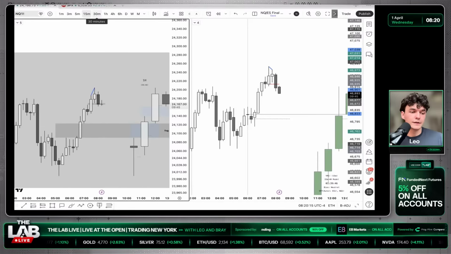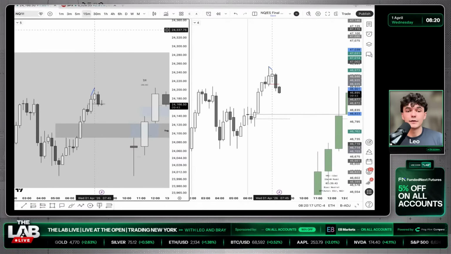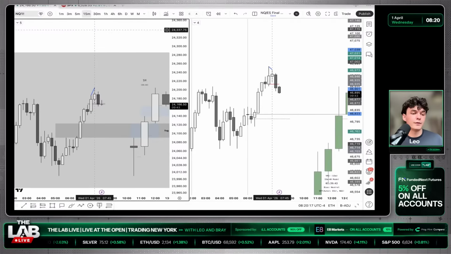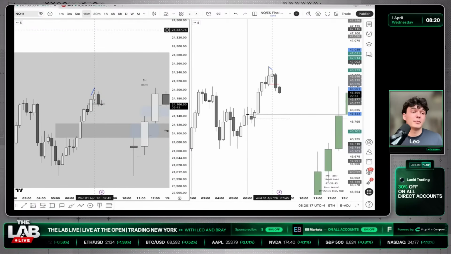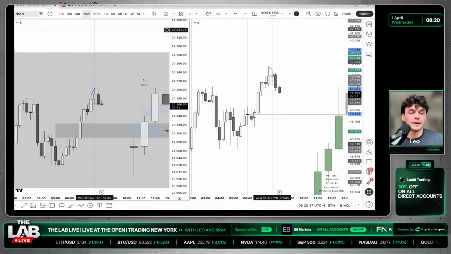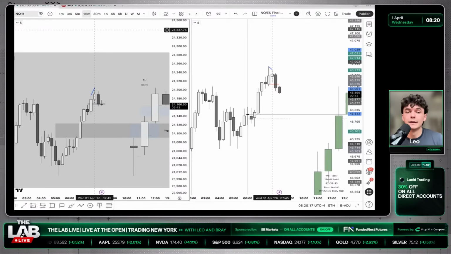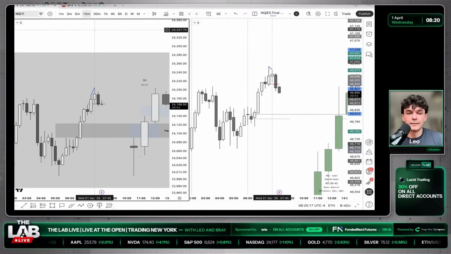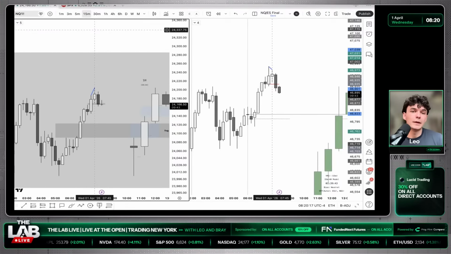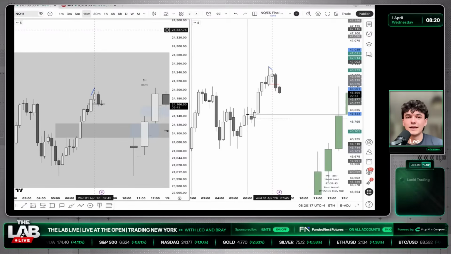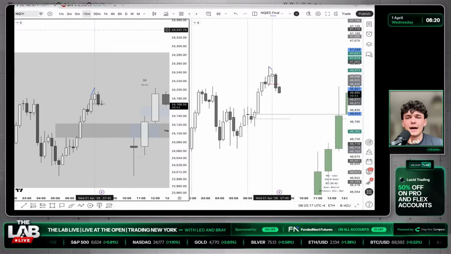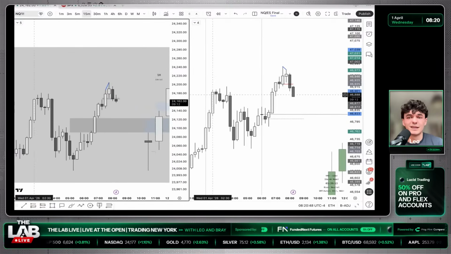Leo, do you trade only indices on New York session or other assets? I trade commodities as well. I trade gold and silver. I've been trading silver less recently. I can't lie, the spread's been pretty bad on silver for me, especially at the time zones I've been trading silver, like New York PM or Asia session. It hasn't been super solid for me. So yeah, I typically trade gold. Gold and silver are the two mains. Other than that, not too much else. I've messed around with crude a little bit. Can't lie, I'm not the biggest fan of crude either.